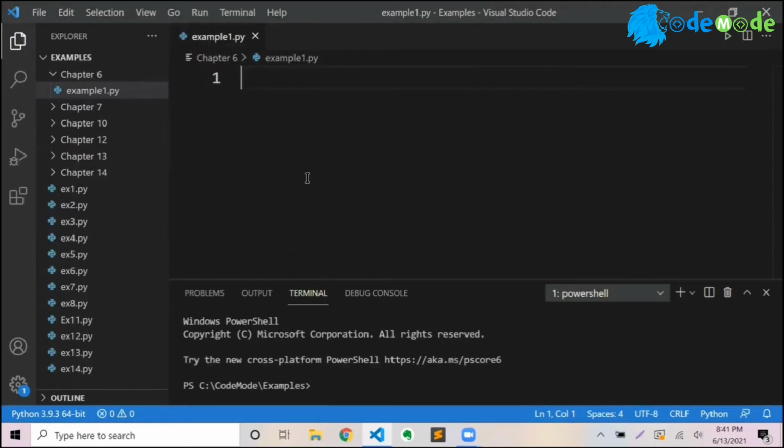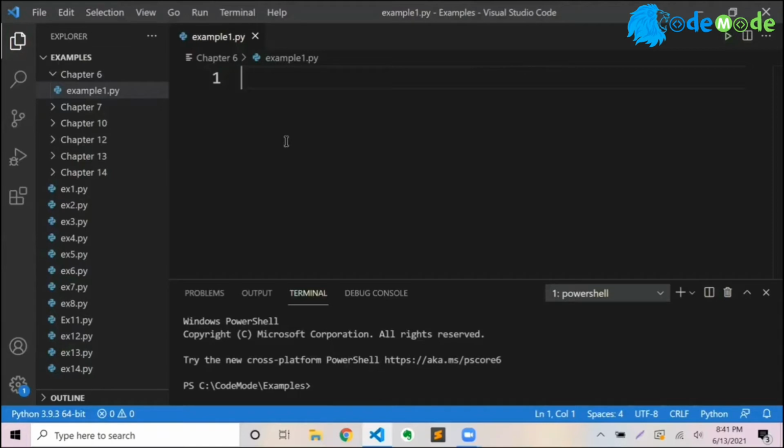But to do the exercise, you can write the whole code directly on the platform app.codemode.us. You really don't need a code editor, because the platform has a built-in online code editor. But it's also a good idea to learn at least one code editor, because down the line, when you are not using a code editor at code mode, you need to know one editor where you can write the code.